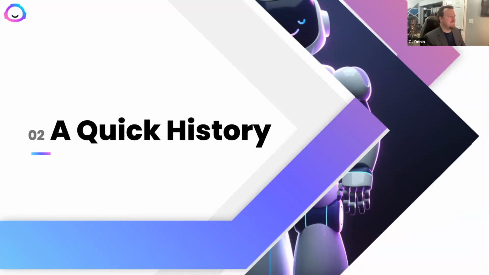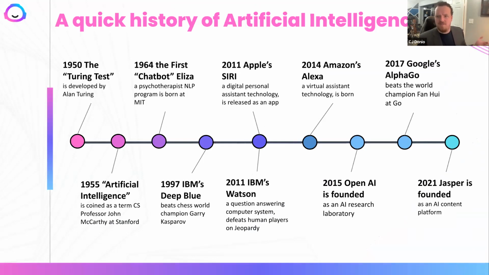Okay, a quick history. Let's go through the development of AI through the years. 1950 is when a lot of people consider the concept of AI really started to form, with Alan Turing coming up with the Turing test. Basically, this is a test to see if a machine can think like a person, to see if a machine is actually sentient, right? Then shortly after, the term artificial intelligence was coined by Professor John McCarthy at Stanford. From there, we start to see the first applications of AI, specifically in the form of a chatbot in 1964 named Eliza. And by the way, today there are dozens, if not hundreds, of chatbot AI companies.